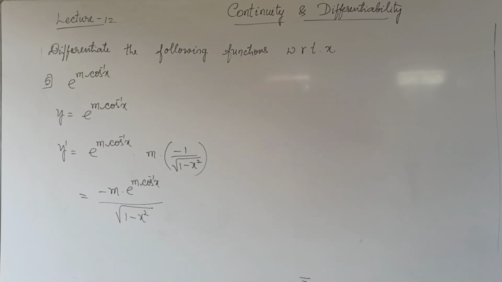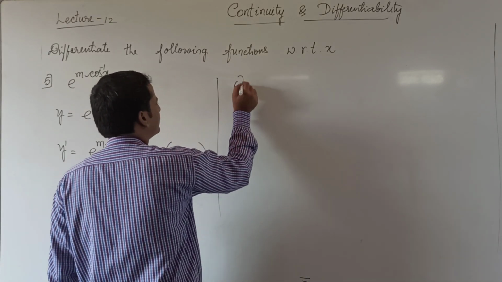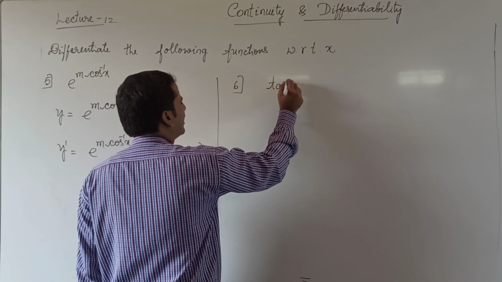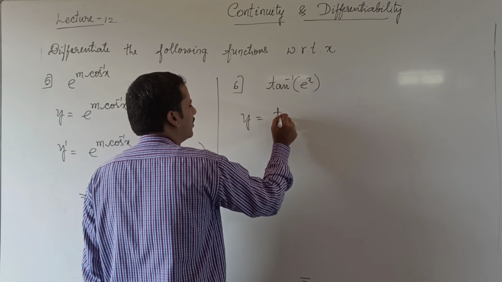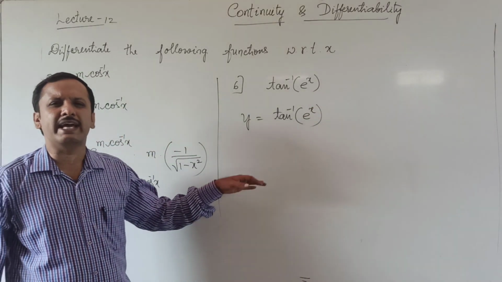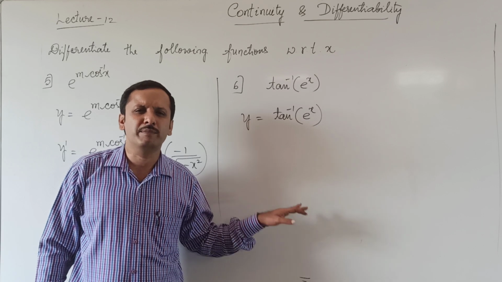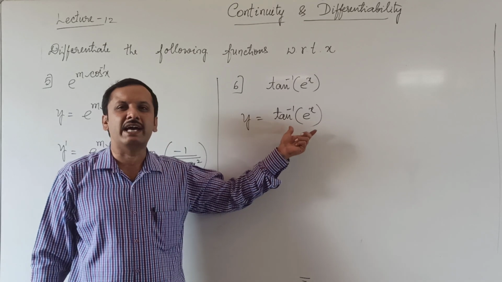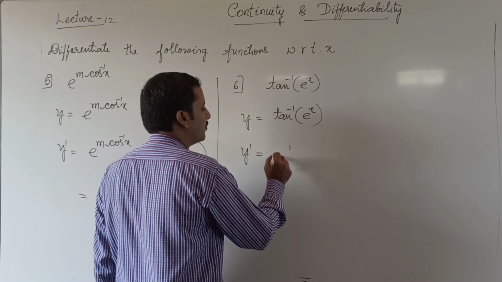Next, tan inverse of e power x. Let y equal to tan inverse e power x. This is of the form tan inverse x. Derivative of tan inverse x is 1 by 1 plus x square. Now we have tan inverse of e power x. So its derivative is 1 by